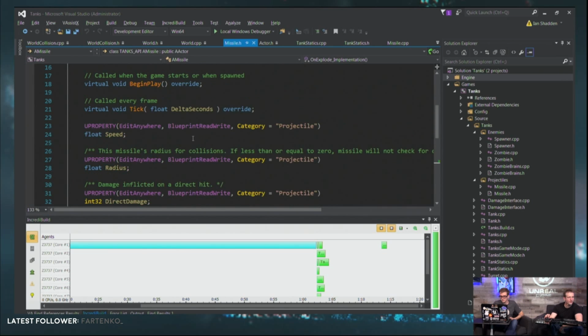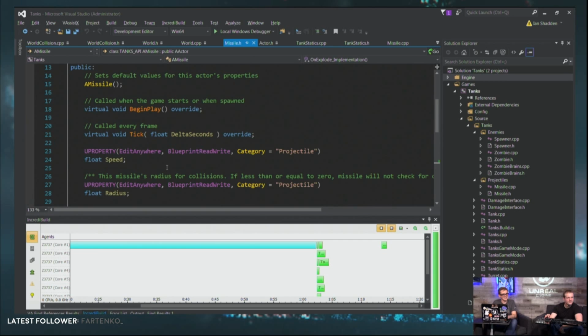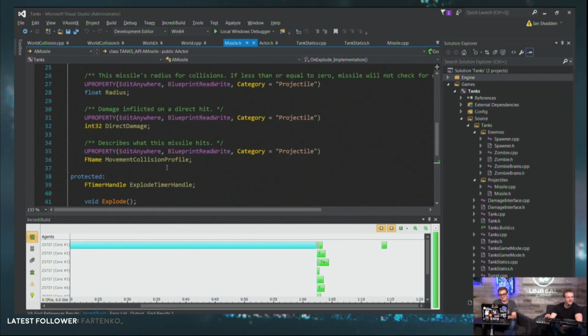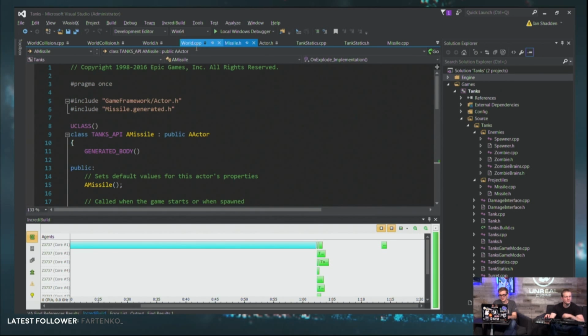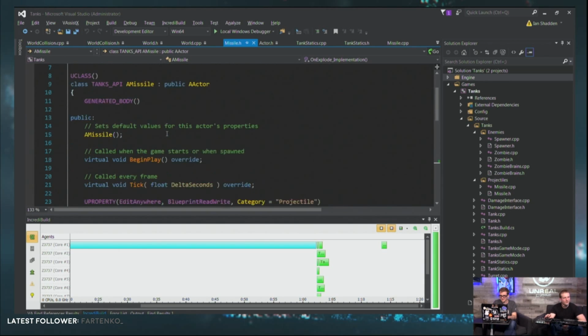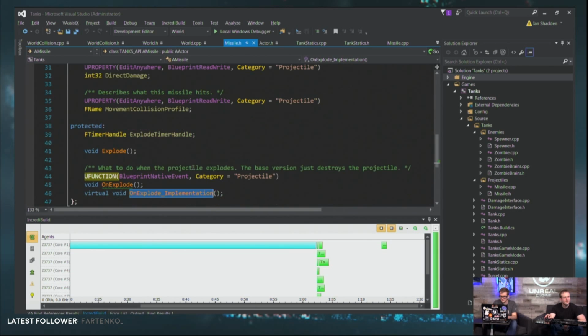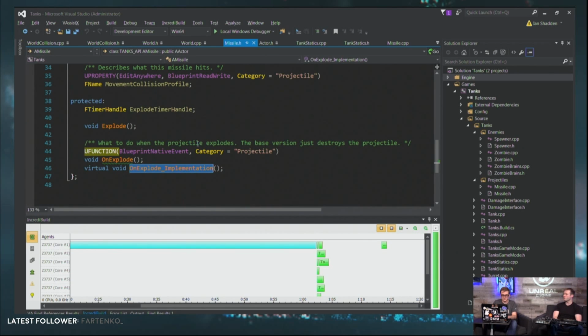And blueprint pure, I have a little story about that from Paragon. Yeah, we should definitely talk about that one. We had a blueprint pure somewhere. Maybe it was in the previous file that we were in. Well, it was somewhere. Oh well. I know I saw one. Anyway, blueprint pure is if you've ever seen those nodes in blueprint, like a lot of the math nodes that don't have the execute pin going into them. Let's see if we can quickly find one.